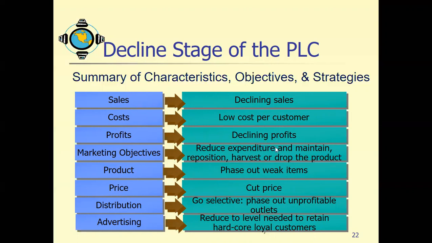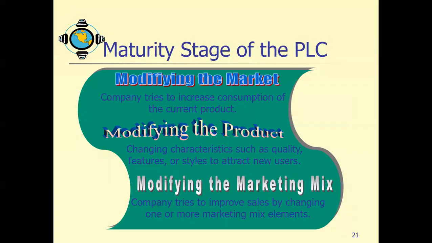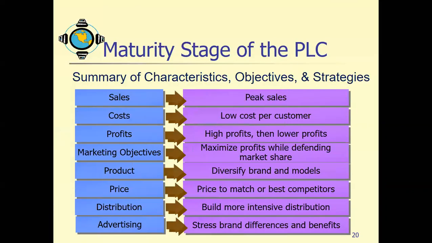Okay, marketing strategy, you see: reducing expenditure and maintaining, repositioning, harvest or drop the product. Okay, you can either harvest or you can drop the product. Harvesting means just investing more to see if it experiences rising sales. অনেক সময় এটা হয়, হঠাৎ করে সেলস আবার রাইজ করতে থাকে।